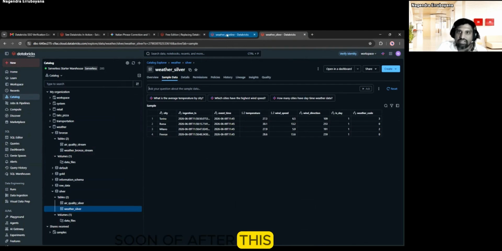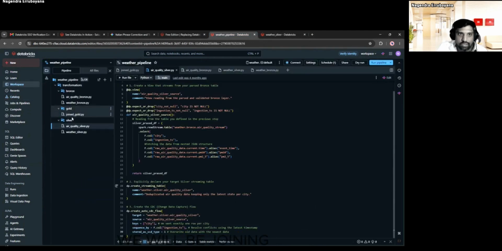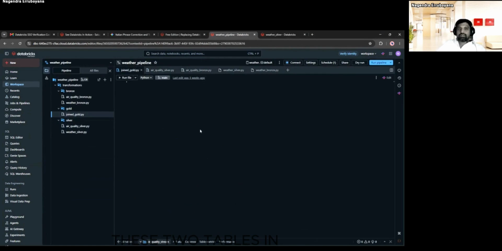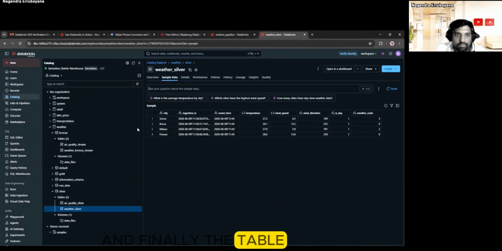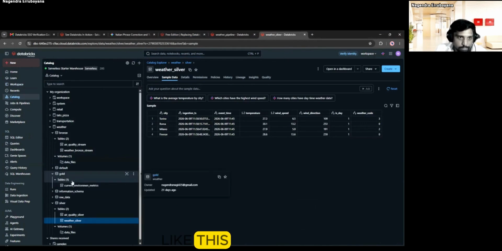Now after this, we will be joining these two tables in the gold layer using a materialized view. So this is the table, and here are the joins. And finally, the table turns out to be like this.